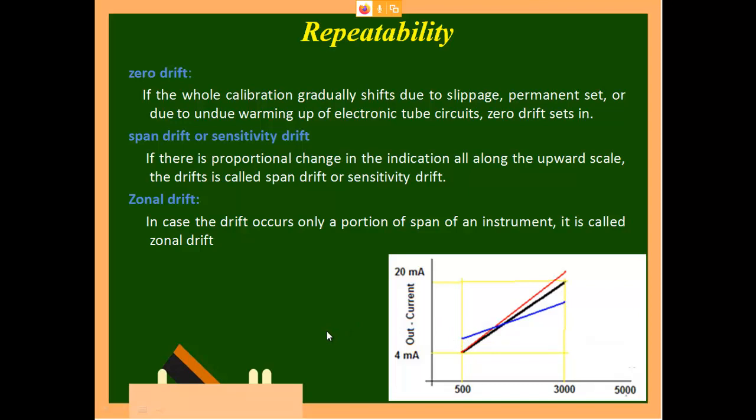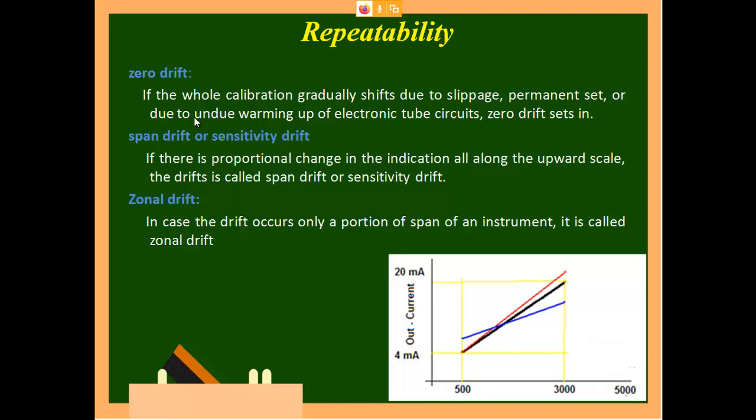So due to that, this fellow will not come even to zero at all. He will get welded at a value greater than 0. Okay, so that is called zero shift. Then span, you can see this red line is for showing span. Actually it has to coincide with this black line, but what you can see is initially it is coinciding. When gradually you increase, after a further instant there is a small deviation between the black and red. Okay, that we call it as span drift.